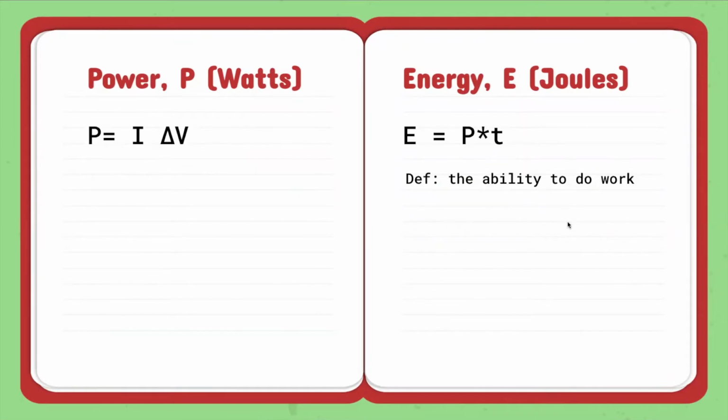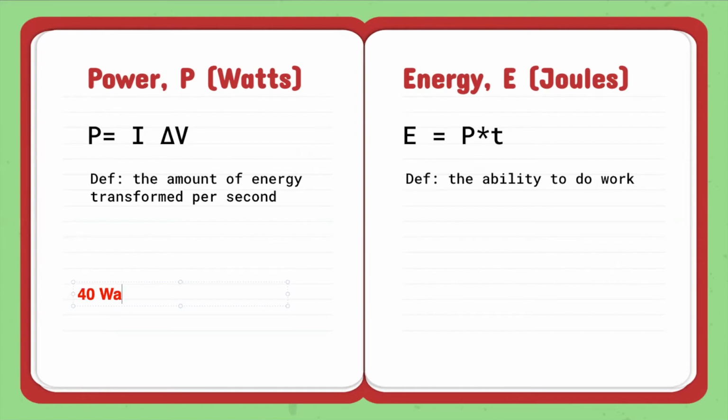So when we do power, if we want power in watts, I would want amps for current. I would want volts for voltage. And what this tells me is how much energy is transformed per second. So for instance, a 40-watt light bulb takes 40 watts of electricity and it turns it